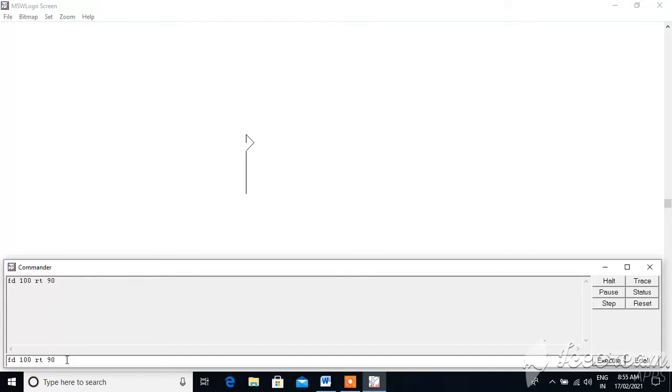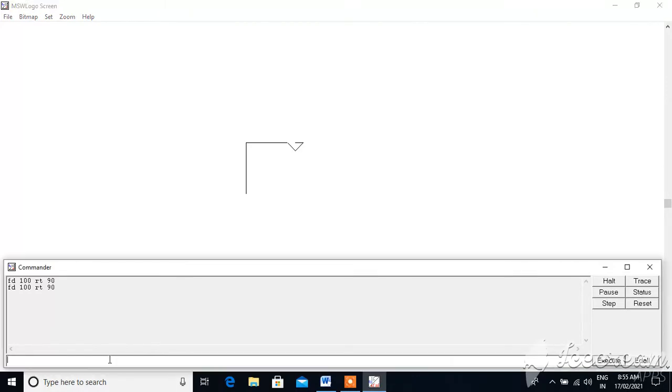Now FD 100, RT 90. Again I will move this turtle in a straight line. To draw the square, see, two lines are already over. Now I want the third line, so again forward this turtle 100 points and turn it at 90 degrees.